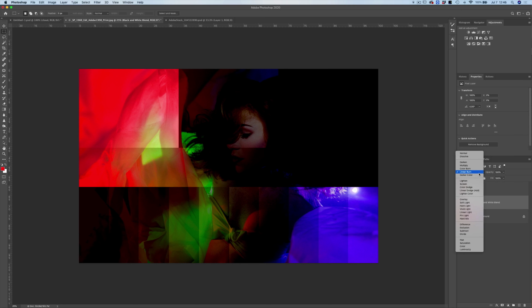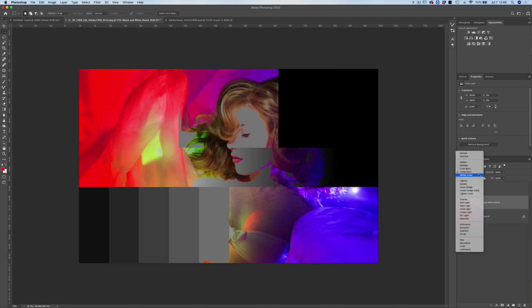The last blend mode within our darken section is going to be darker color. This is very similar to our darken blend mode, but what it does is it basically keeps whatever color is darker. So as you can see, it's keeping whatever color is darker in the image. Over here, we had our white square, so you can see that it's not keeping any of that. And then in the 50% gray square, it's keeping the 50% gray where the underlying layer is brighter than 50% gray. So it's keeping that darker color.